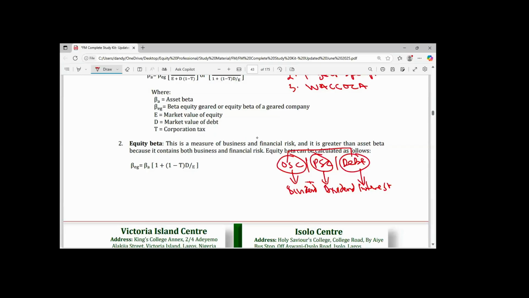This dividend will come in form of a return on investment to the ordinary shareholders. Again, the fixed dividend for preference share will also come in form of a return on investment for the preference shareholder. The interest is a return on investment to the debt holders. So when you are given information on the capital structure, then you need nobody to tell you that you are supposed to calculate